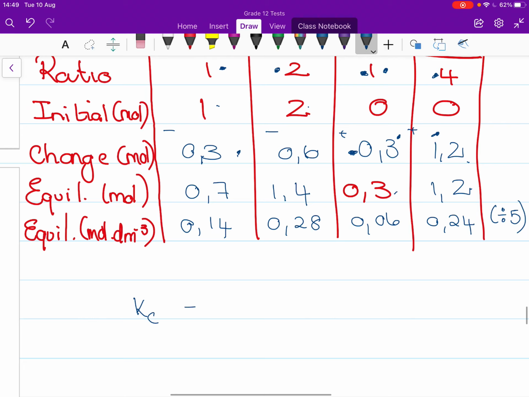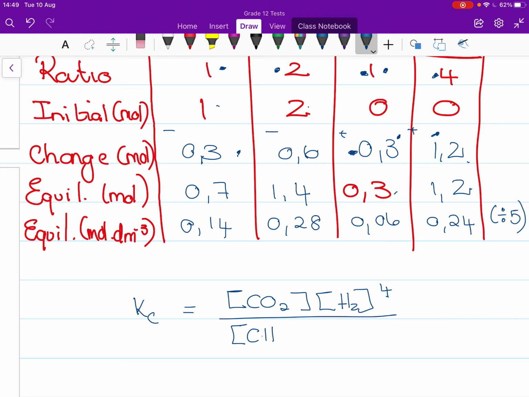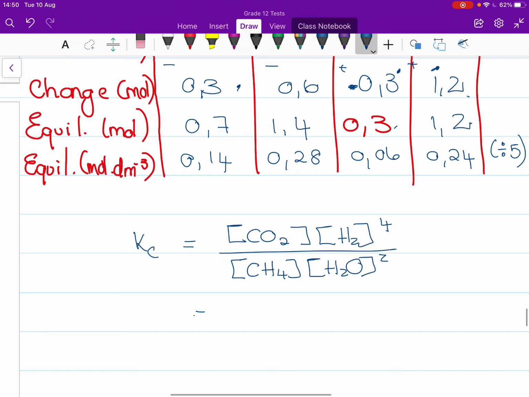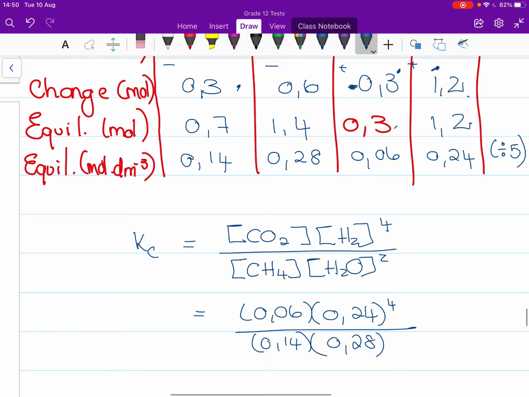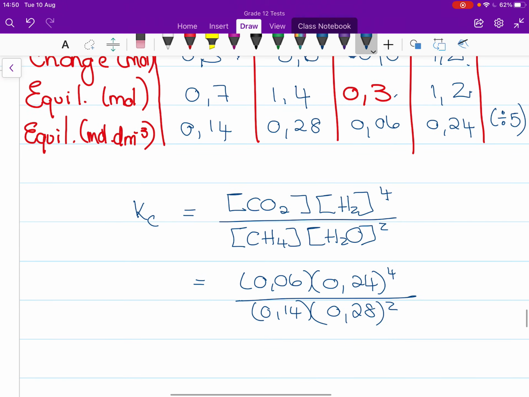So we remember that Kc is the concentration of my products, CO2 times H2 to the power of 4, divided by the concentration of my reactants. And I'm including the H2O because it's steam, it's in gas form. It's not a pure liquid, so I absolutely have to include it. Now I do my substitution. 0.06 times 0.24 to the power of 4 over 0.14 times 0.28 to the power of 2, and we end up with